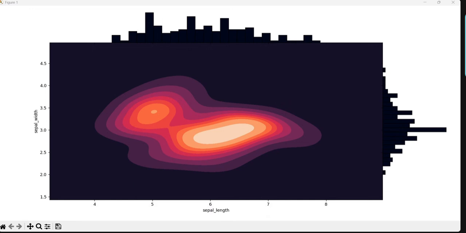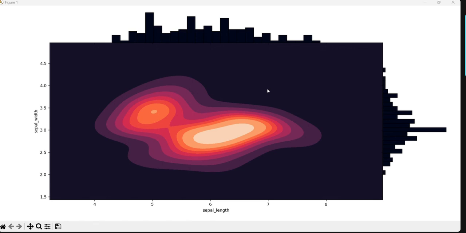So we can see this image shows the kernel density estimate. We have used jointplot as well, right? That is a function in Seaborn. We can see each ring or layer represents the level of probability density. That is the central heat map, that is the KDE plot, and color intensity is also there.